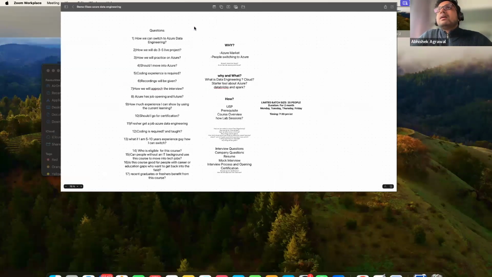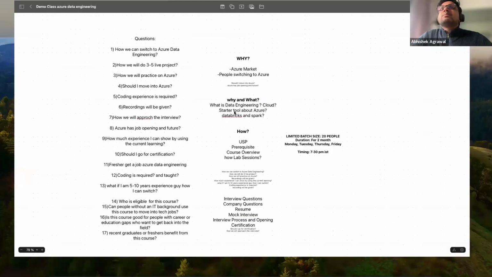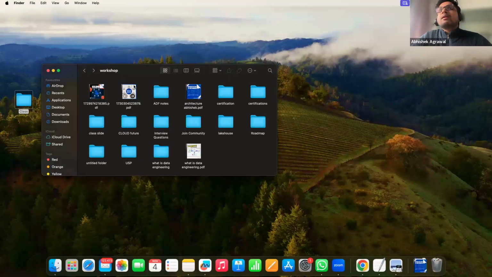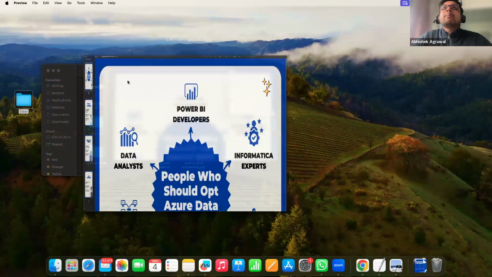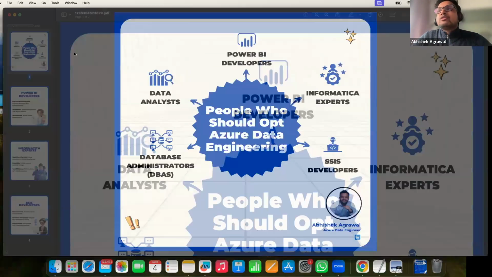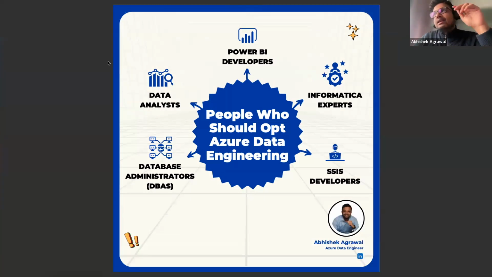All right. Now, who are the people? Sometimes there is also a question: Abhishek, should I move into Azure or not, right? Am I the right guy to move into Azure? Generally, if you are a Power BI developer, an Informatica developer, a data analyst, or a database administrator, these are the people who are generally coming into